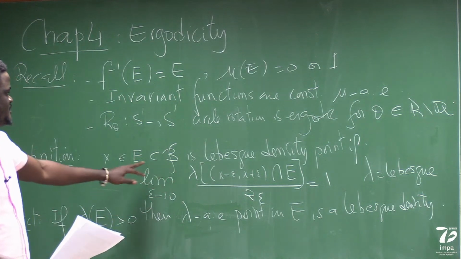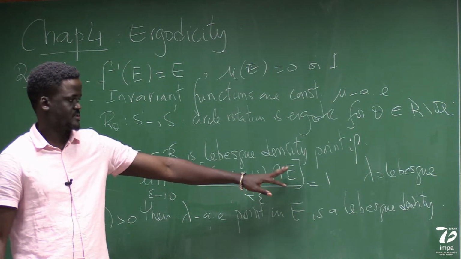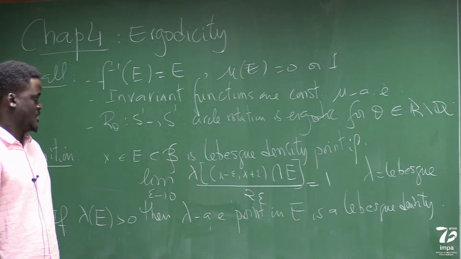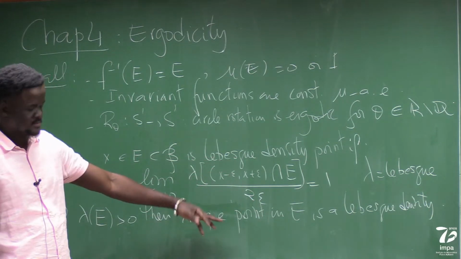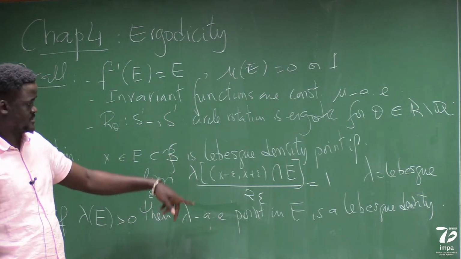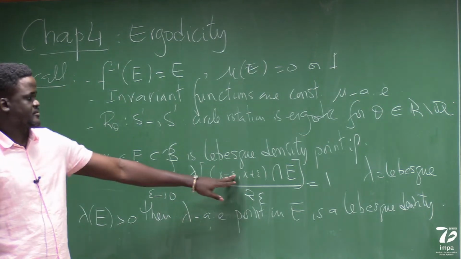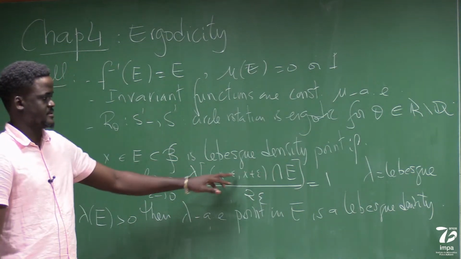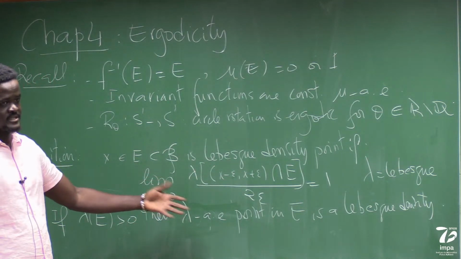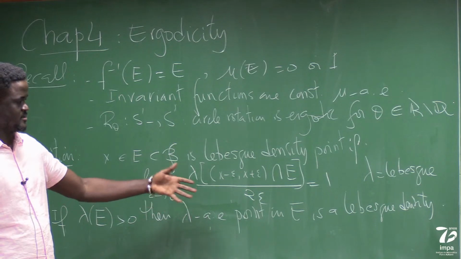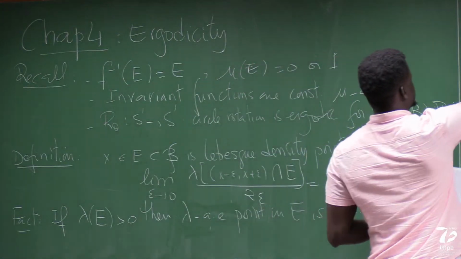Yeah, for instance, if E is an interval, this is obvious, okay? Because almost every, we say almost every point is a Lebesgue density point. You don't take the boundaries, okay? You just take them out. You take any point in the interior. This will, for some epsilon, be part of the set, and this is just 2 epsilon. In general, you use the fact that the intervals generate the Borel sigma algebra here, okay? So another alternative proof,